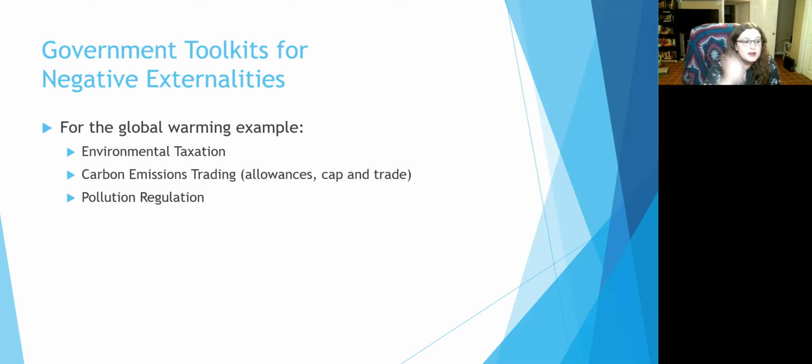There's carbon emissions trading. That's another one. That's the idea of we don't necessarily need to know the cost of pollution. We've decided that as a society, we can handle 600 units of pollution. Well, if we can handle 600 units of pollution, I go around and I tell every company, you can pollute 100, you can pollute 100, you can pollute 200, you can pollute 100, and I let them trade amongst themselves. It turns out that they'll still keep us at 600 units of pollution, but then the companies